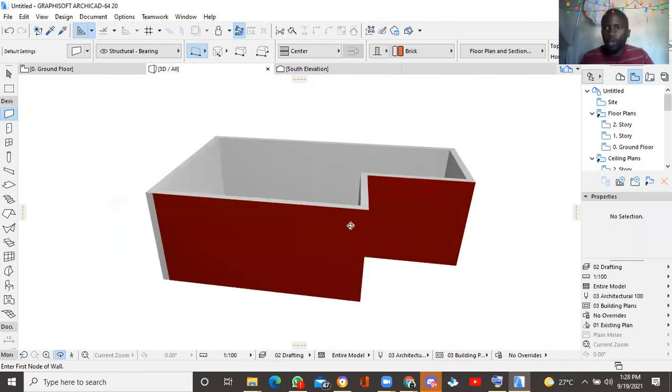Now, after you have drawn your wall, the height of your wall is 2800. So we will put a slab. So our slab,